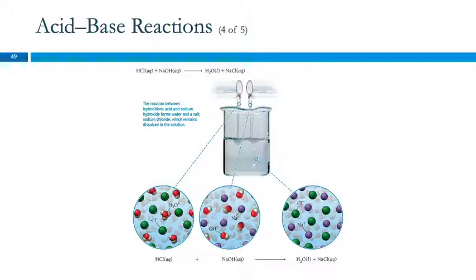So let's look at that in picture form. So here we've got hydrochloric acid, and in the hydrochloric acid we have chloride ions and we have hydronium ions. The hydrogen ions from the HCl are sitting on a water molecule because they're too small to be hanging around alone. And then over here we've got the sodium hydroxide solution, which has sodium ions and hydroxide ions. When these mix together,